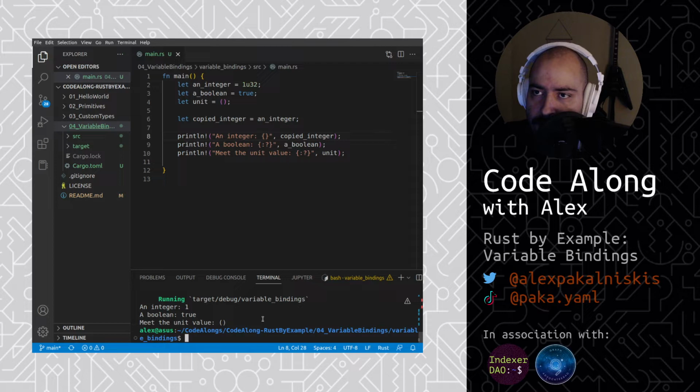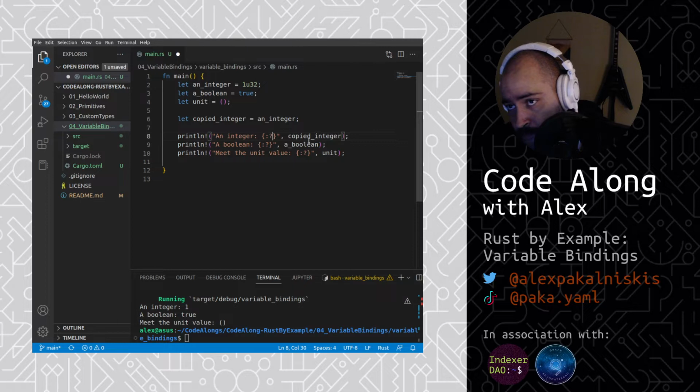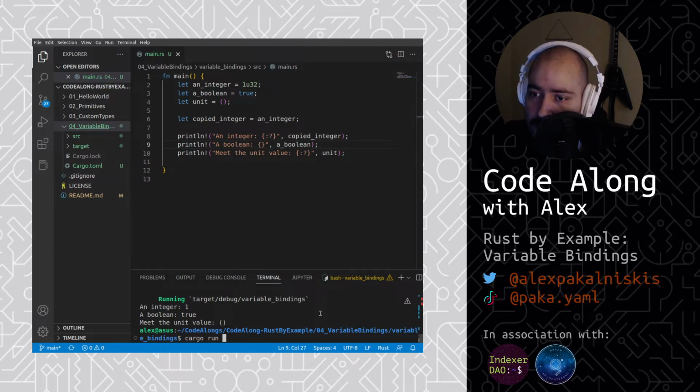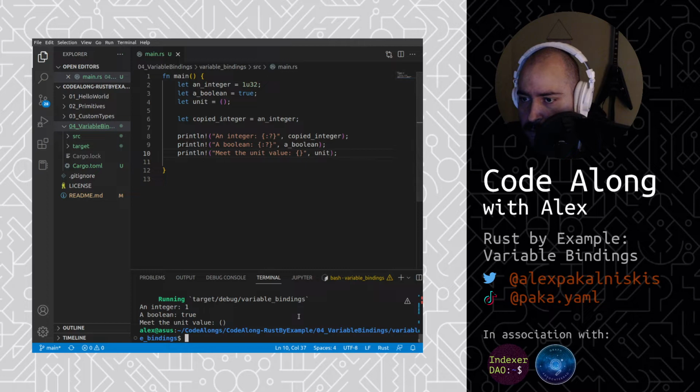So I removed it from the first println macro statement just for the integer. I saved the file, and now I'm going to do cargo run again. Oh, it works. Interesting. Okay. Let's do the same for each one, just out of curiosity. We're just kind of tinkering, because that's a good way to learn too. Okay, it just works. Interesting. And then finally,